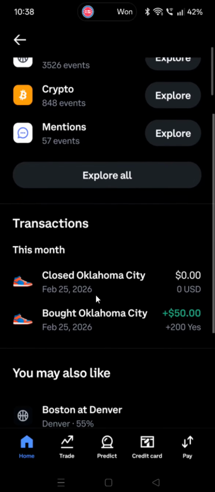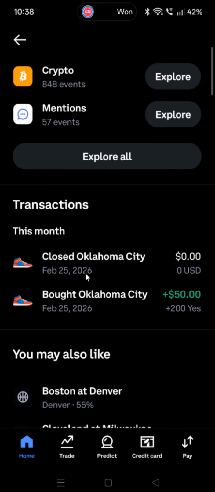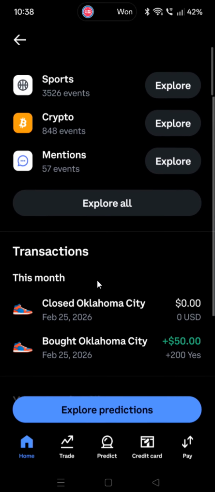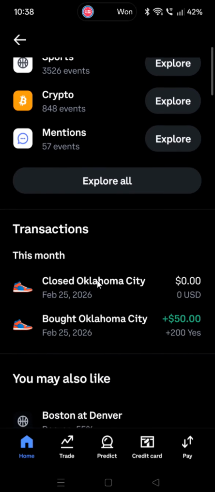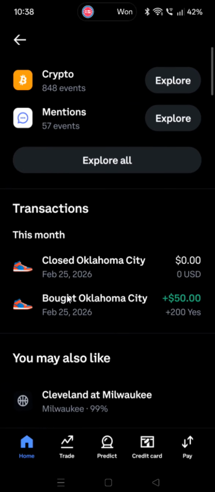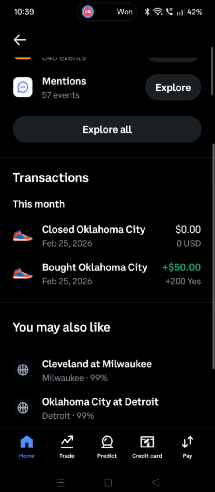Once these results come to their conclusion, whether they win or lose, they will close automatically, but you also have the option while the contract is still in progress. You could cash out at any point, and whenever you cash out, it would just be determined by what the odds are at that point in time as to how much you would be able to cash out. But that's the process on purchasing contracts, what that looks like,